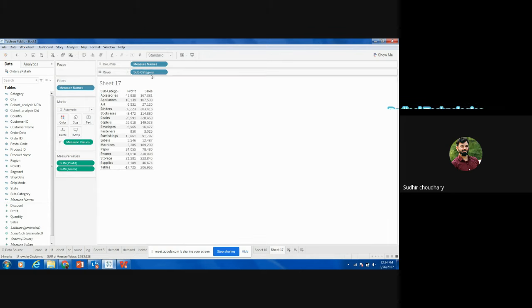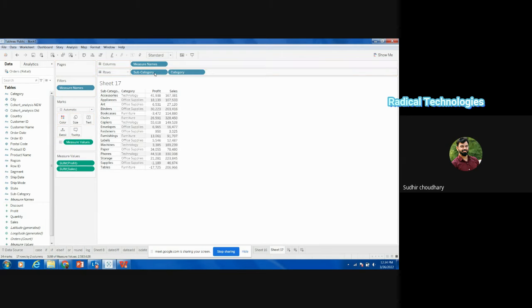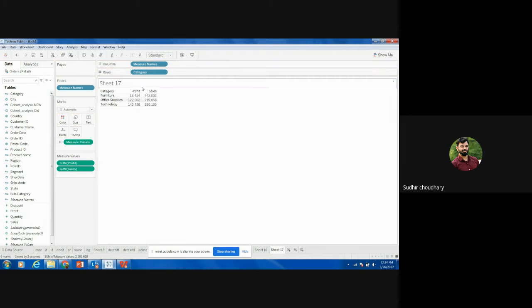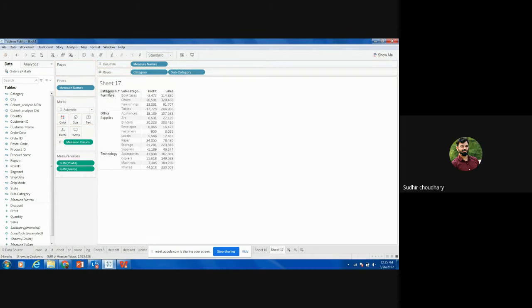You don't want subcategory, you want category only. So see this. Now based upon the category, it will show you the profit and the sales, right? And if you take the subcategory here, every category will be divided into subcategories.